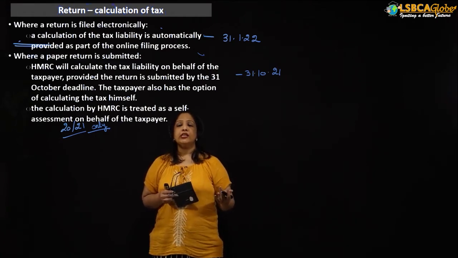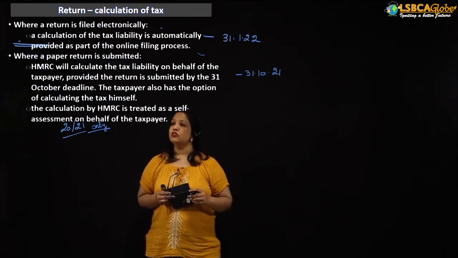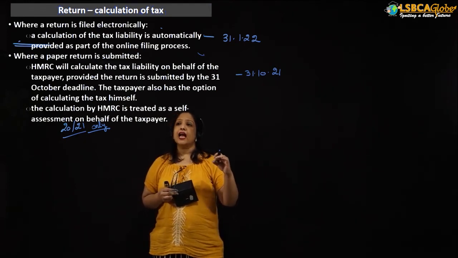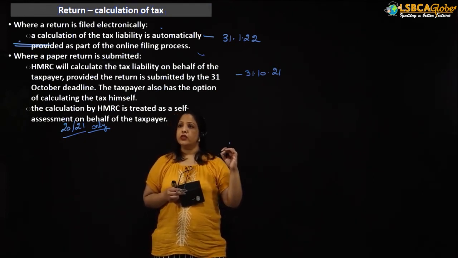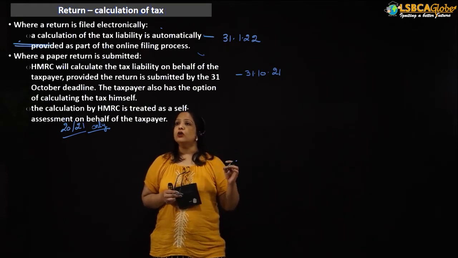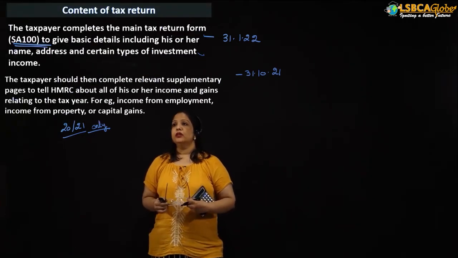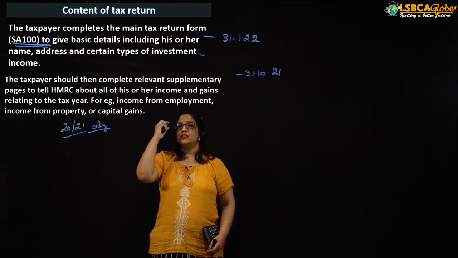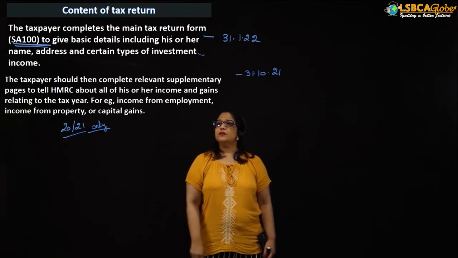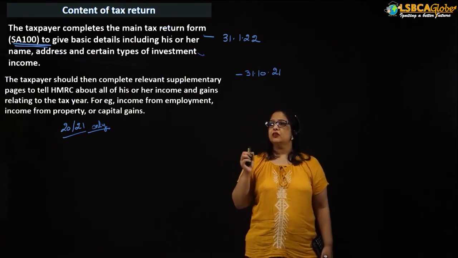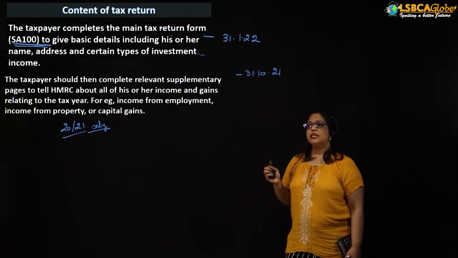If you are providing the wrong information, the tax calculation is wrong. So getting the tax calculated by the HMRC official does not mean that the information is right, accurate, or credible. Okay? Yes. Now, class, content of tax return: the taxpayer completes the main tax return form to give basic details including